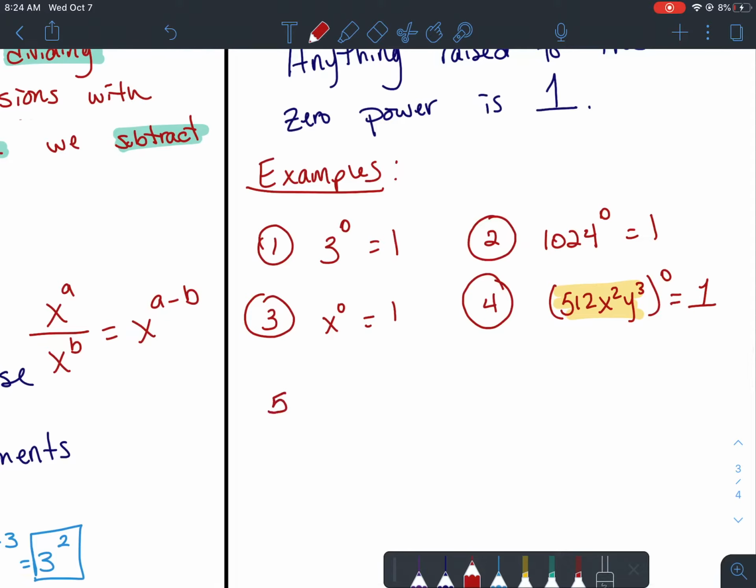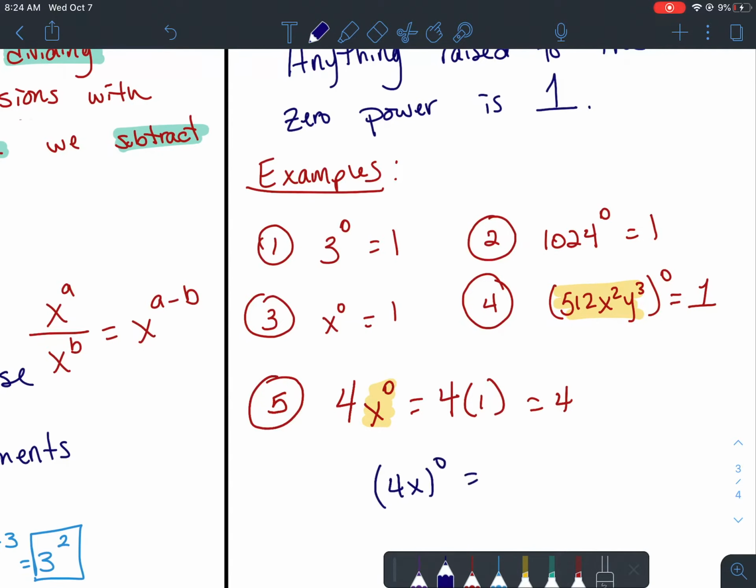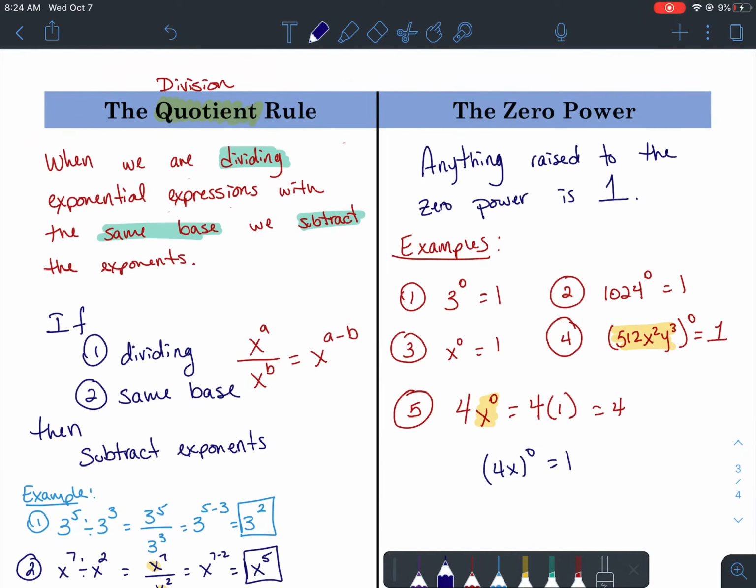When we have something like 4x to the 0, that means 4 times 1. In this case, we're talking about x to the 0 power. The 4 is not raised to the 0 power, just the x. So this would be 4 times 1, which is just 4. However, if it was something a little different, like all of 4x to the 0 power, that would equal 1. Let's do some other